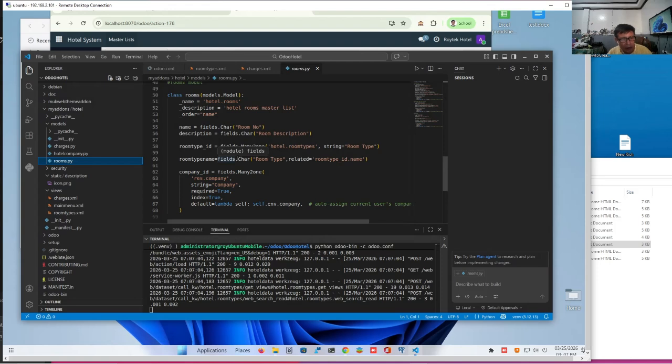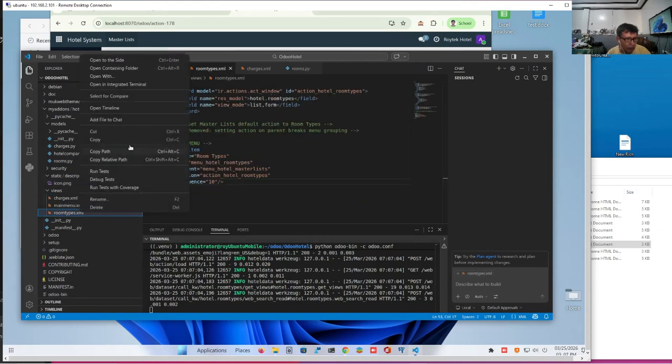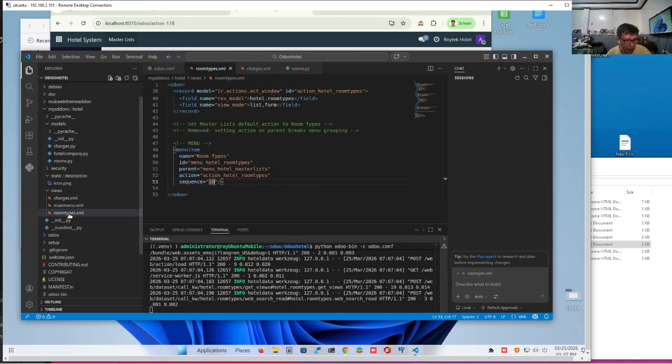So we'll create the rooms.xml. This time it will be easy because we're just going to copy. We have these views, right? We are going to copy this, or we'll just open this and copy the contents. That's the easier way.